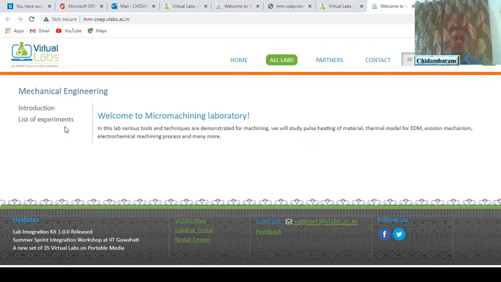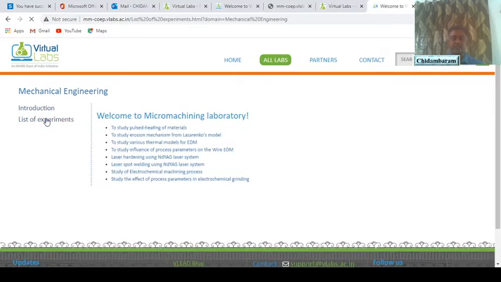It will open an introduction or welcome page, which details what we are going to do in this particular laboratory, and below this introduction you have a list of experiments.